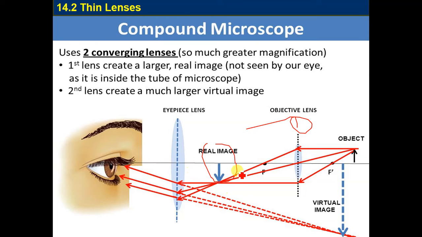Then this one we don't see actually, girls. It's created inside the microscope. What we see is the final result, which is this one. We always see this one, so we don't know what happens inside, but this is what happens. This one is the first, the one produced by the objective lens. Then this one works as an object for this, and then this is the last image formed by the